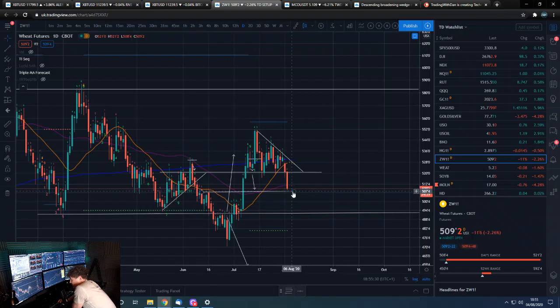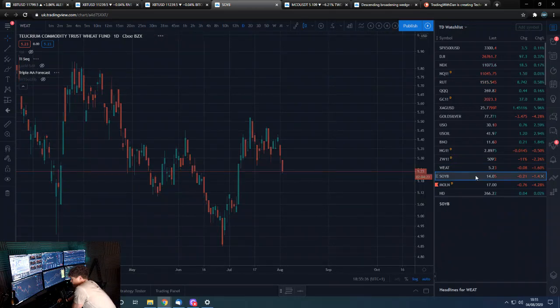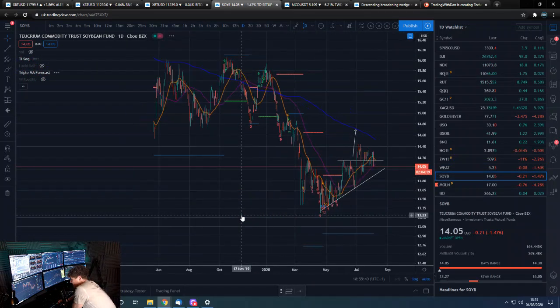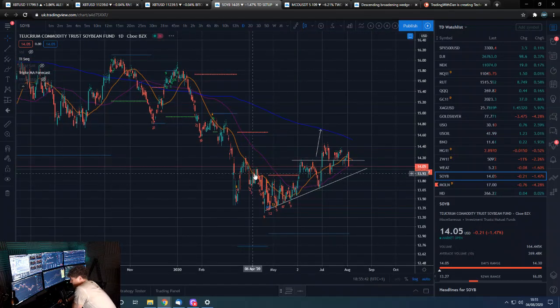We've got this level here. Are we going to tag that, or are we going to come lower? We'll have to see. That's wheat again. Soybeans have pretty much been performing better. We sort of had this low, the pennant broke up, back tested the trend line again, broke up again, and yeah,